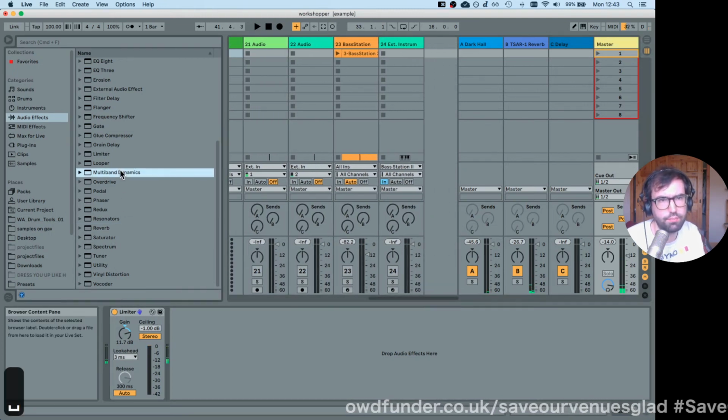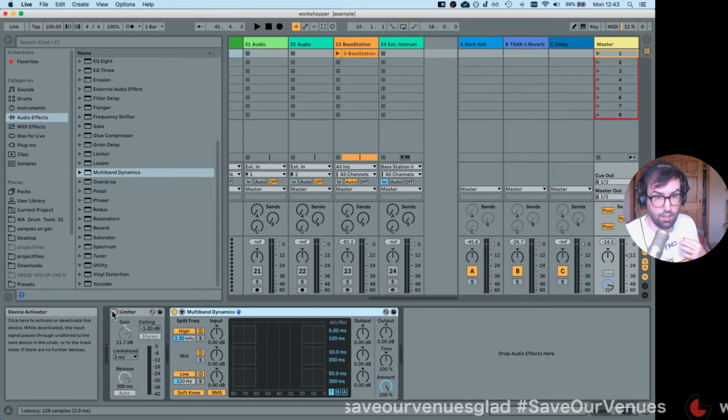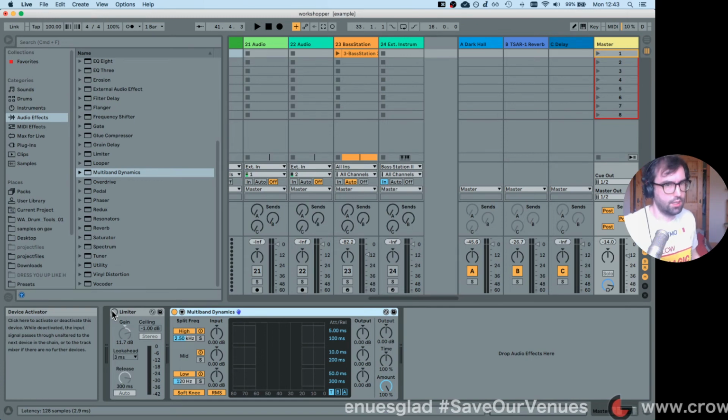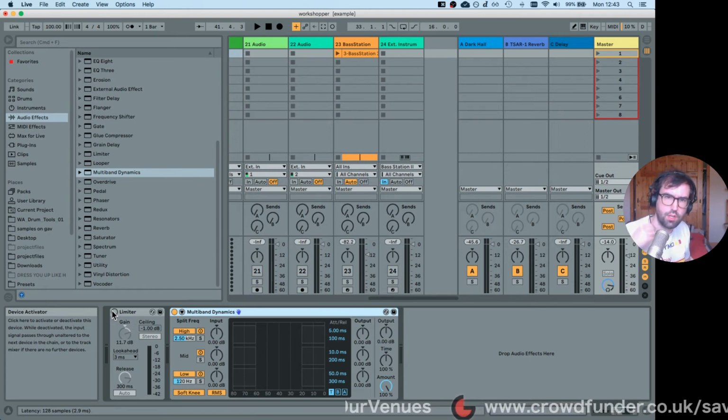There are other tools that Live has. It has what's called multiband dynamics. This multiband compression, once again, is a rabbit hole thing. Multiband compression can split things into 3 different frequency ranges, so that you could apply different compression or limiting to higher frequencies, middle frequencies, and lower frequencies differently. This is something that people use in mastering quite often, sometimes to fix problems, or because they want to treat the bass parts of a track differently from how they would compress the higher parts of a track. Multiband dynamics can be very useful, while at the same time, often,